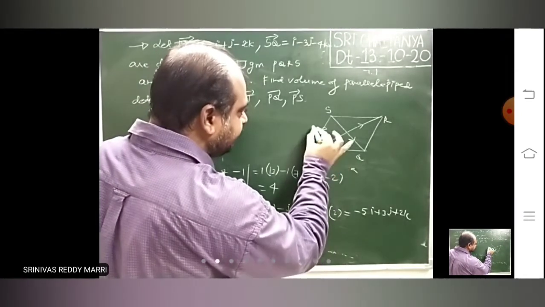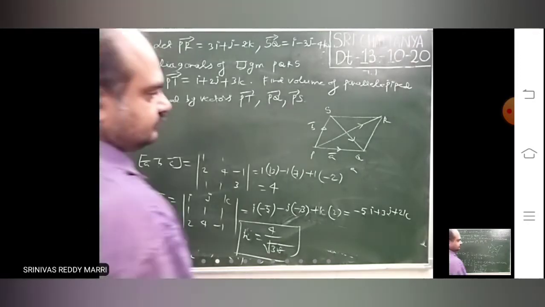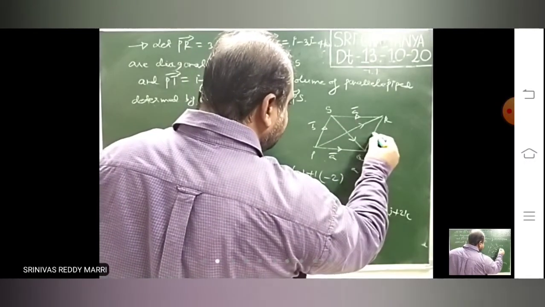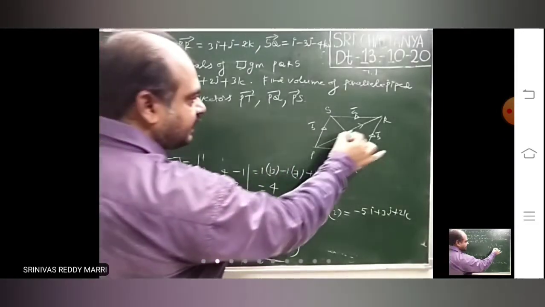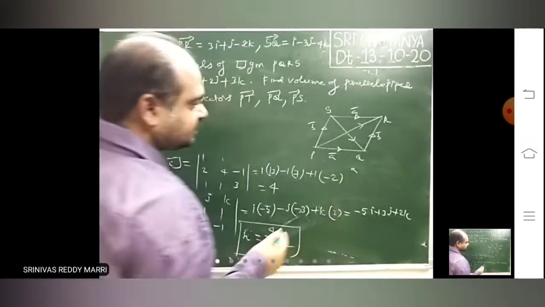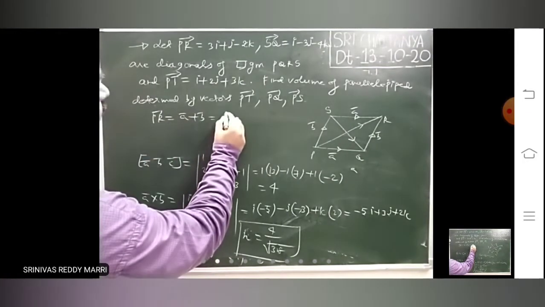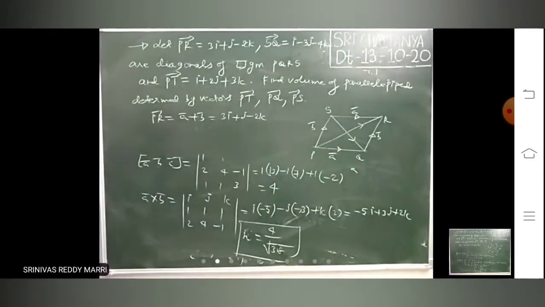Look at. Let us say this is A bar, this is B bar. So if this is A bar, this is B bar. Therefore PR bar is given. PR bar is nothing but PQ bar plus QR bar. That means A bar plus B bar is nothing but PR. I want to find what is A bar and what is B bar. So PR bar is nothing but A bar plus B bar.